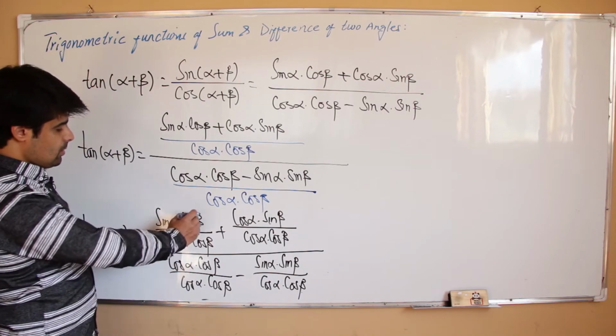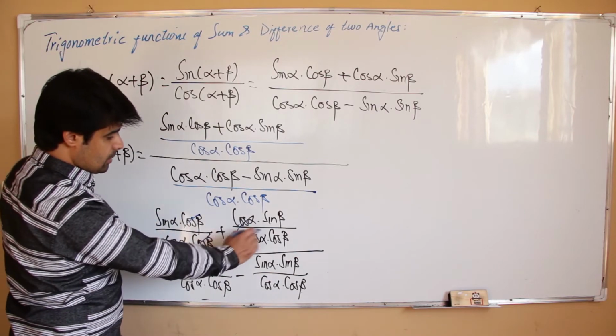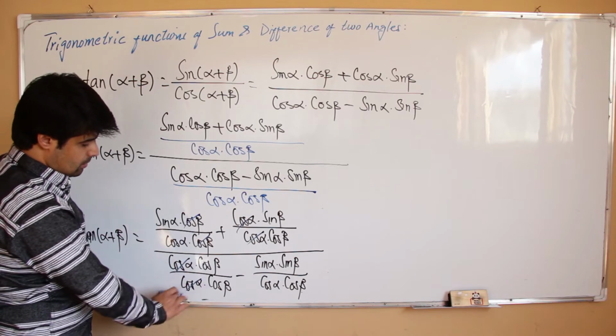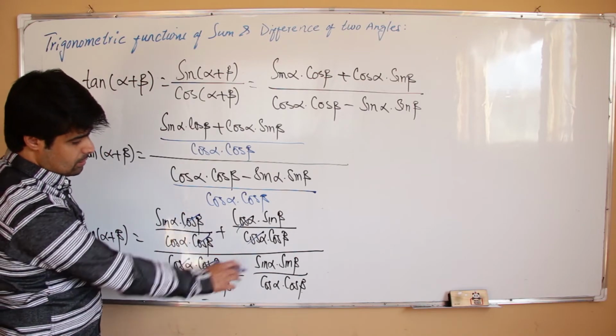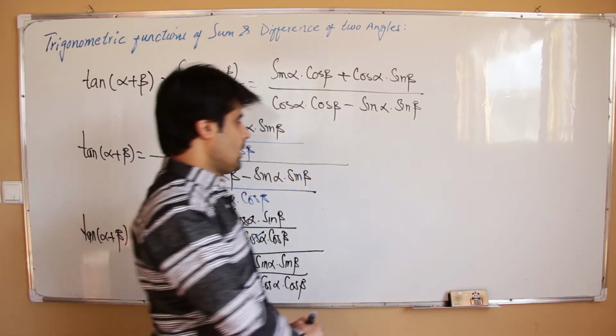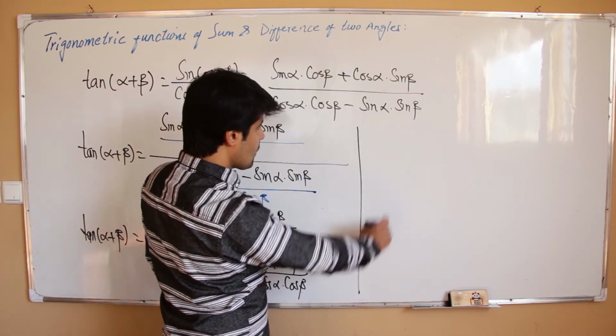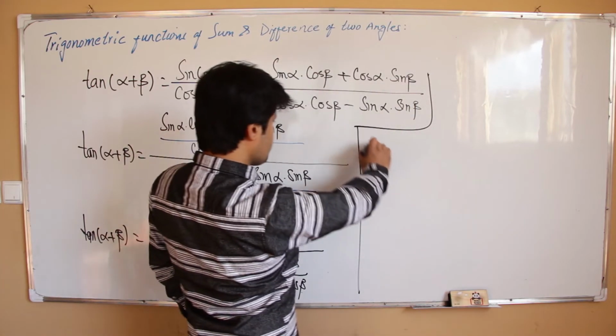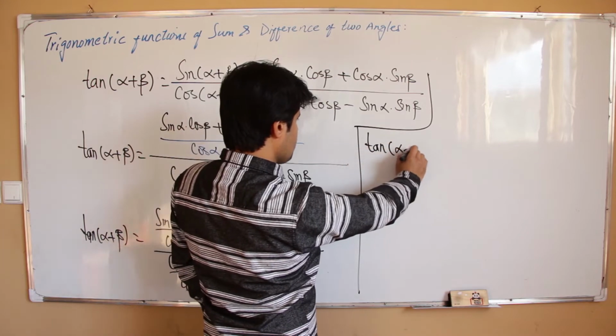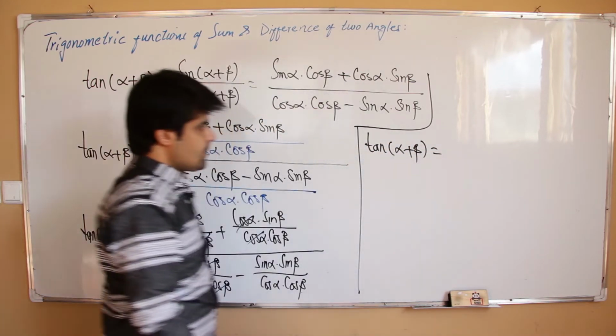Now this is cancelled, here this is also cancelled, and there is no cancellation. Now we can have tangent alpha plus beta is